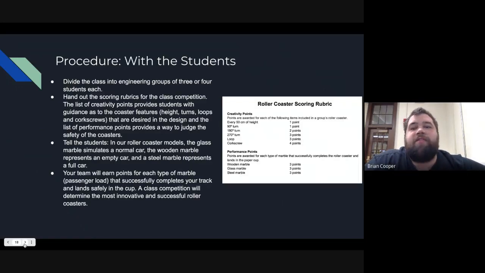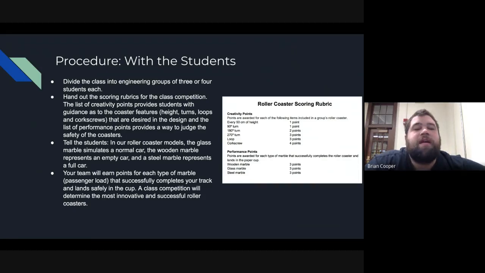So now it's time for the procedure with the students. You're going to divide the class into engineering groups of 3 or 4 students each. Hand out the scoring rubrics for the class competition, which you can see right here on the right side. The list of creativity points provides students with guidance as to the coaster features, such as height, turns, loops, and corkscrews. These are desired in the design, and the list of performance points provides a way to judge the safety of